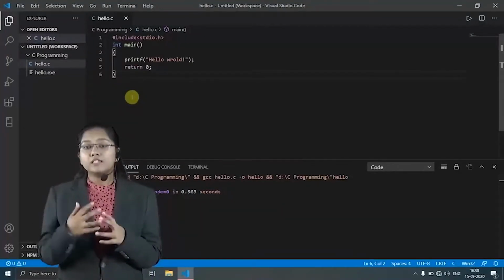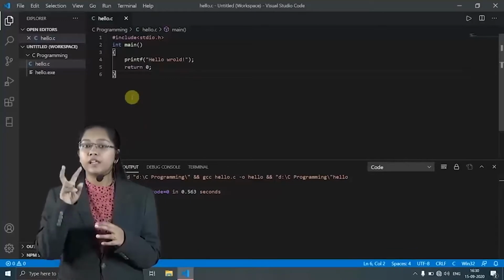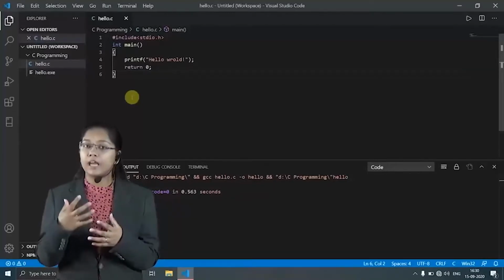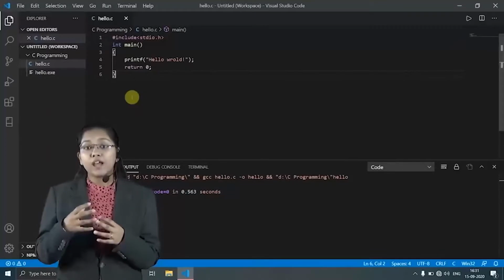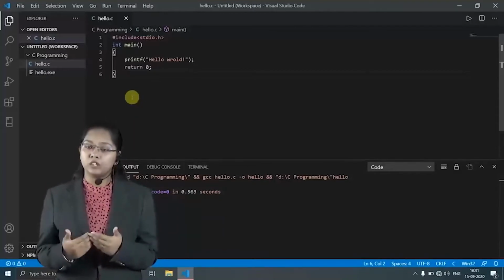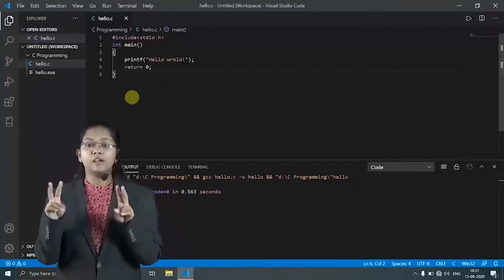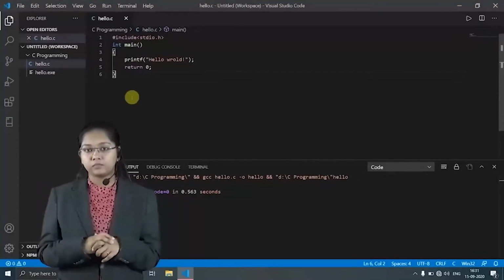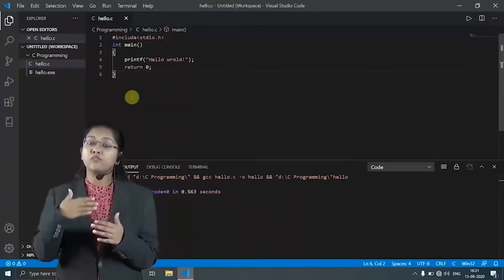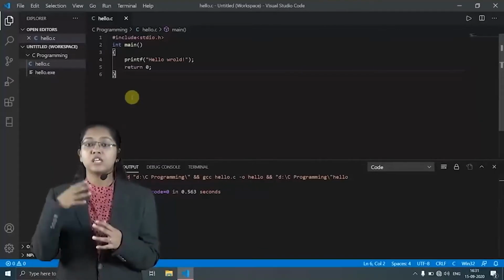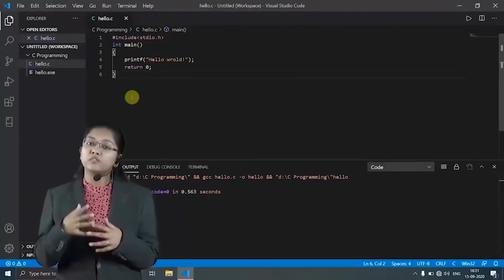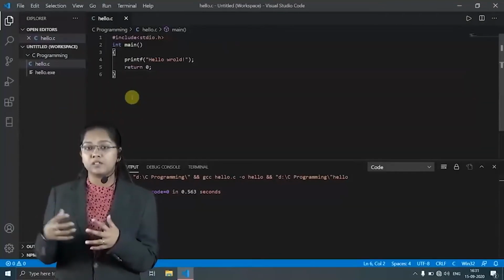Now consider if I haven't written hello world in double quotes, then what will happen? It won't run the code properly and we will get an error, right? Why? Because there is no double quote, so the compiler doesn't know what I want to get printed on the console, and hence we have to add double quotes there. So this was your basic syntax, how you have to write your C programming language code. Now in the next session we will study what the basic elements are, that is data